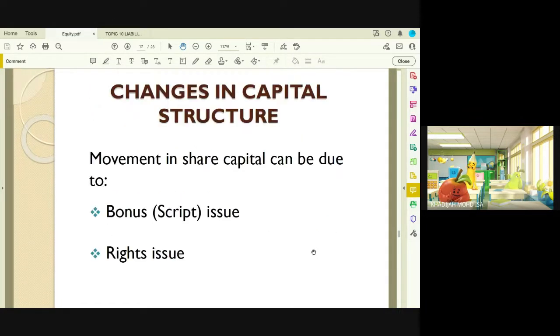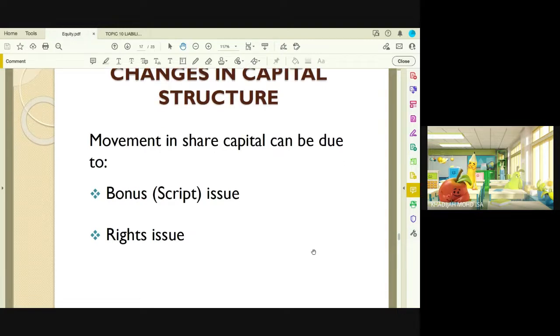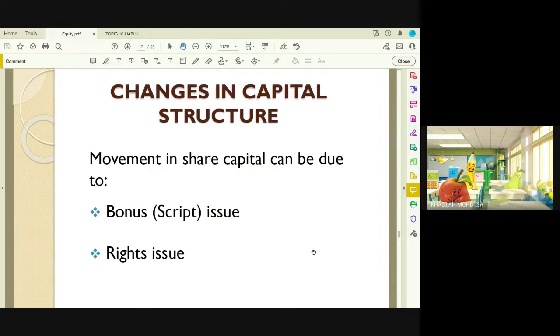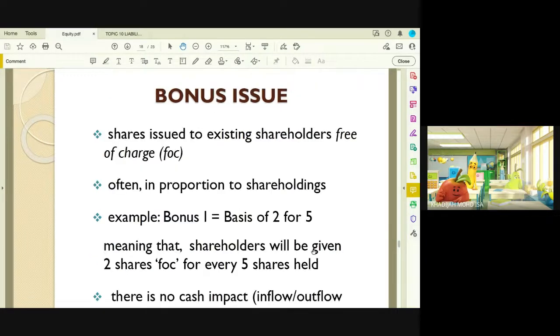Changes in capital structure, movement in share capital, can be due to a bonus issue, or scrip issue, or a rights issue. For example, we have investment in the form of ordinary share capital and preference share capital, but there can also be a movement in the share capital because of the bonus issue or the rights issue. So what is a bonus issue? Shares issued,